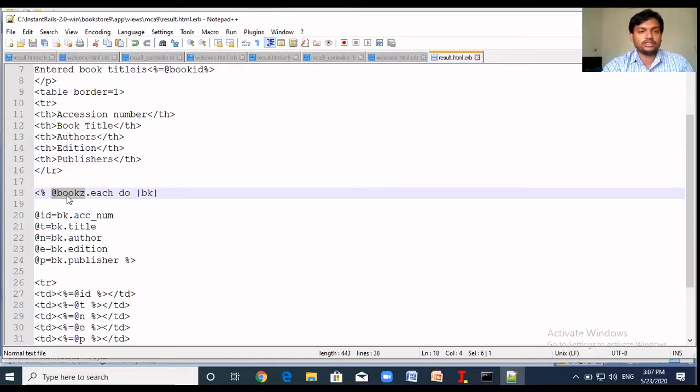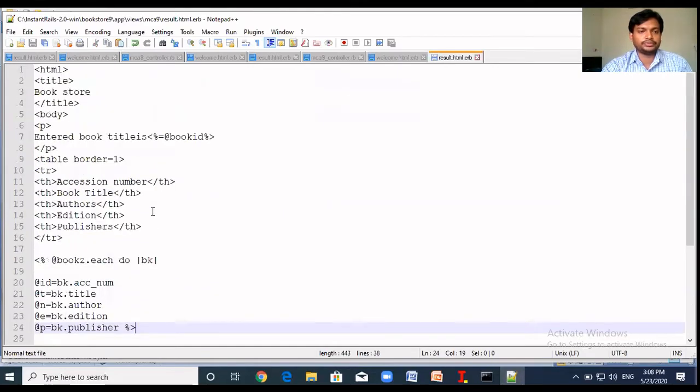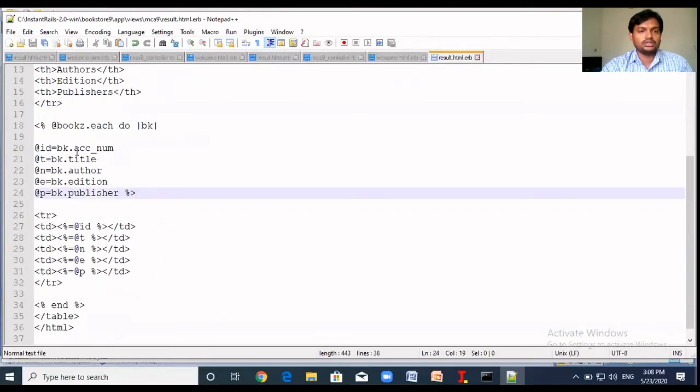This variable is declared in the controller. Now we are getting the record fields and assigning them to these variables, and we are printing those variables in the form of a table. This is just creating a table, and then fetching the records and displaying the record fields until all the records finish.